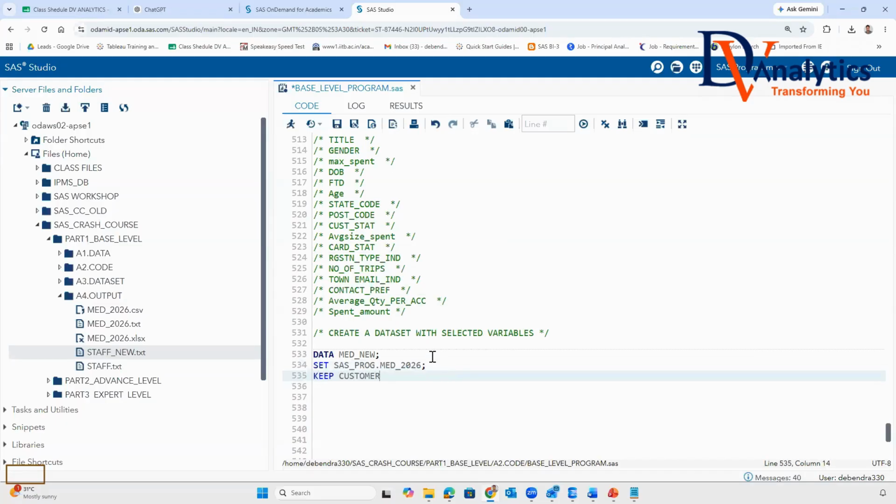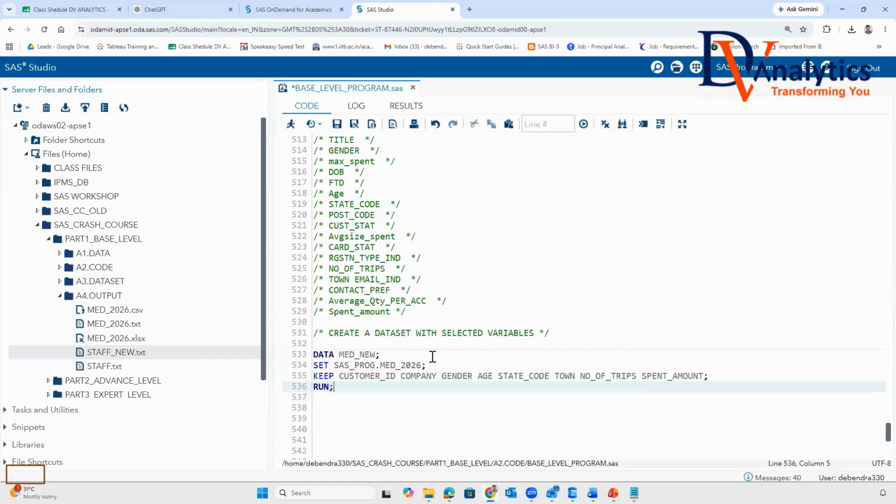I want to keep customer_ID, company, gender, age, state_code, town, number of trips, spend_amount. Then you can say run.